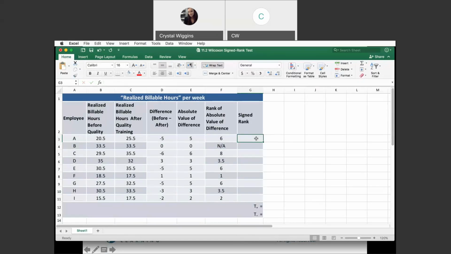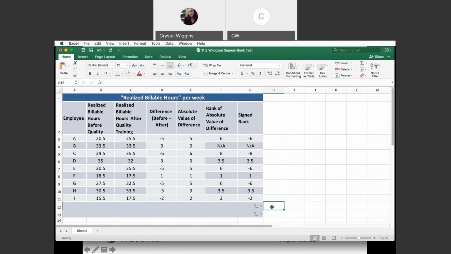Okay, now the signed rank column means that what was here in the original subtraction, apply that sign to the ranking. So this had a -5, which means our sign is -6. Okay, this is still ignored. -6 means that our rank becomes a -8. +3, we keep it +3.5. -5 gives us a -6. +1, +1. -5, -6. -3.5. And -2. Now what we want to do is we want to add all of the ranks that are